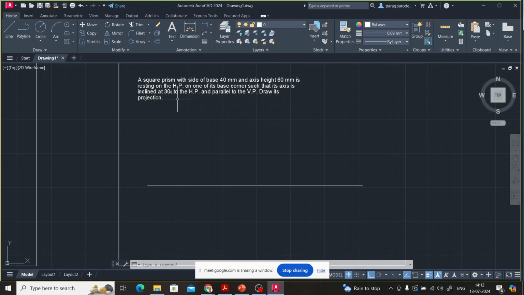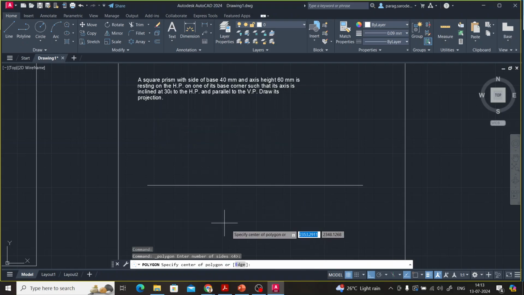Such that axis is inclined at 30 degree to HP. So based on this, it should be drawn in such a way that in the next step, whenever we incline that square prism, the corner should be on the XY line. So I will show you the steps, then you will understand why we have drawn the square in that way. Okay,